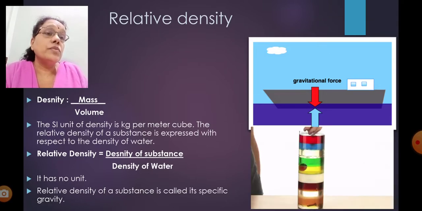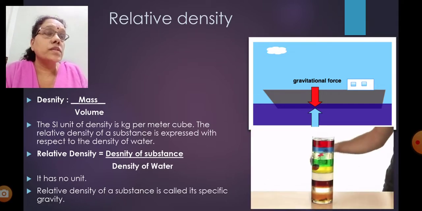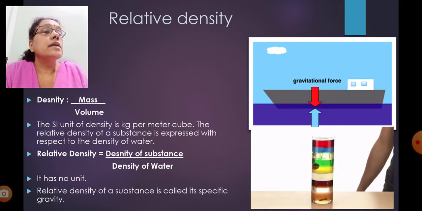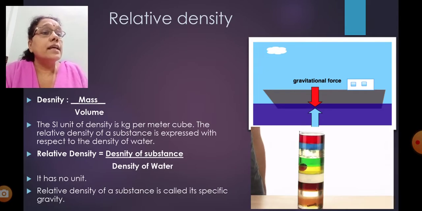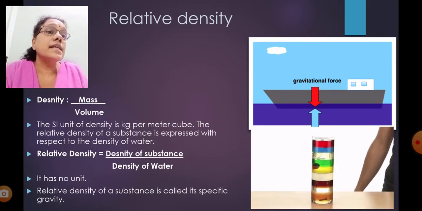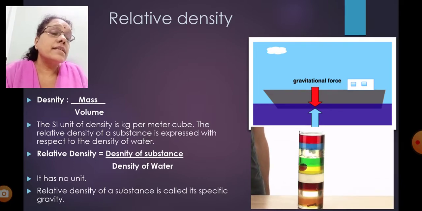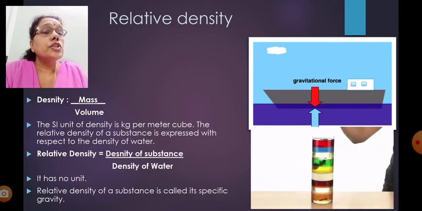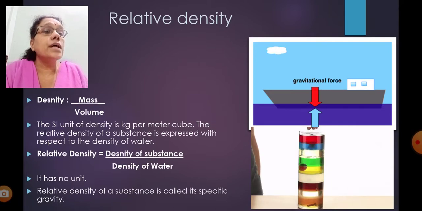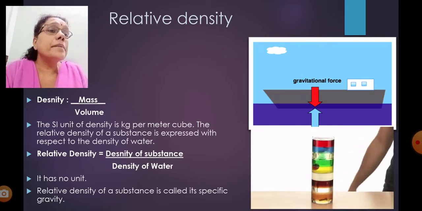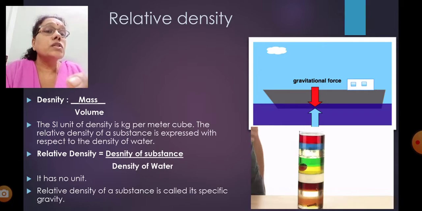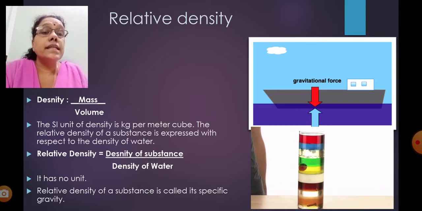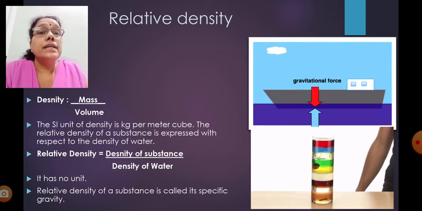Here are two diagrams. In the first one, gravitational force and buoyant force are equally balanced, due to which ships float on the sea surface, on sea water. And in the second one, different liquids having different densities are taken in a bottle, and because of the difference in density, you can see layers of liquid. At the bottom is one liquid; whichever substance you put in goes down, and some substances float in the middle, some float at the top, because of the difference in density of the liquids inside the bottle. That's about relative density, and there is no unit for relative density.